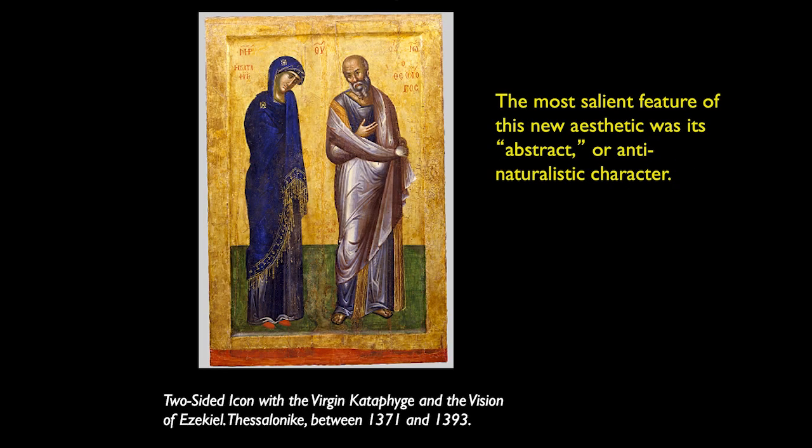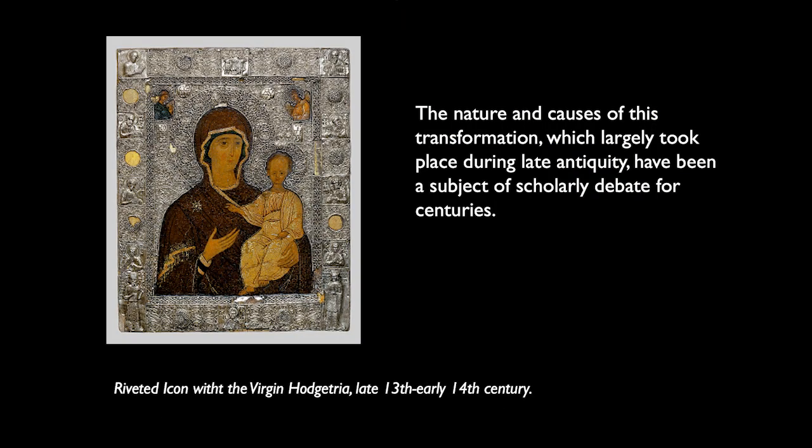The most salient feature of this new aesthetic that was forming was its abstract or anti-naturalistic character. If classical art was marked by the attempt to create representations that mimicked reality as closely as possible, Byzantine art seemed to have abandoned this attempt in favor of a more symbolic approach. The nature and the causes of this transformation, which largely took place during late antiquity, have been a subject of